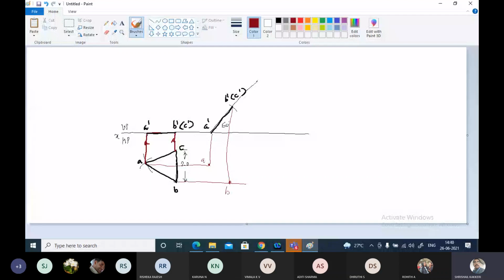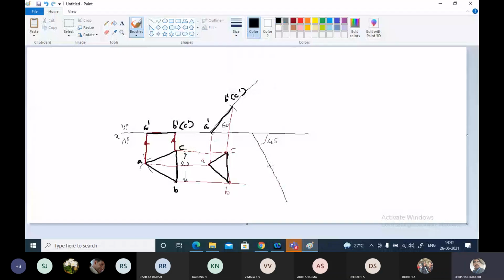Similarly, from point C, and unfortunately the C is on the same line C, so that we can draw this. A to B, B to C, sorry, A to B and B to C and C to A we have drawn. Next is the edge opposite to the corner on which it rests. BC is the edge which is opposite to the corner on which it rests. It is inclined at angle of 45 degree. I have taken 45 degree.